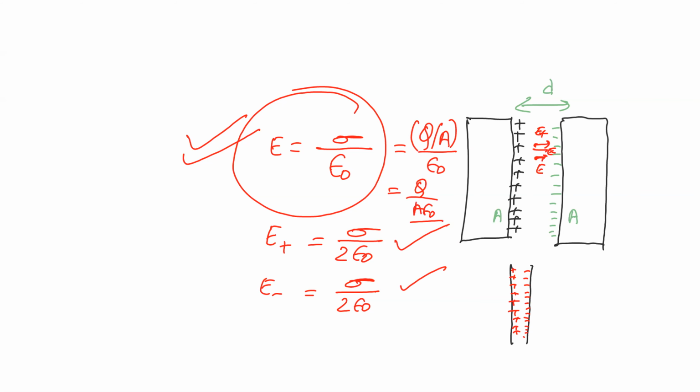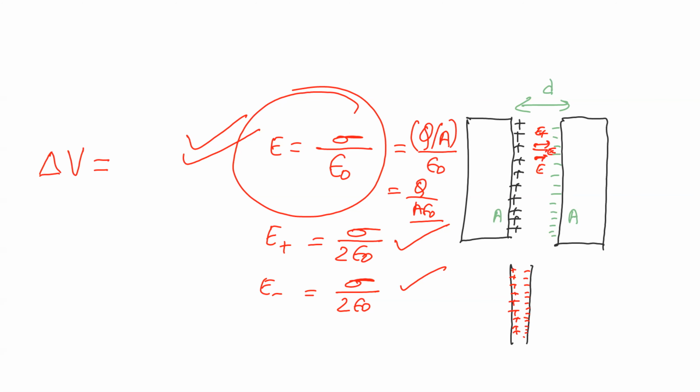Suppose now someone is asking, what is the potential difference? We already discussed these things. What will be the delta V? Suppose E is given, and the distance between them is D. What will be the potential? And which one will be at higher potential in the parallel plate capacitor, positive plate or negative plate?